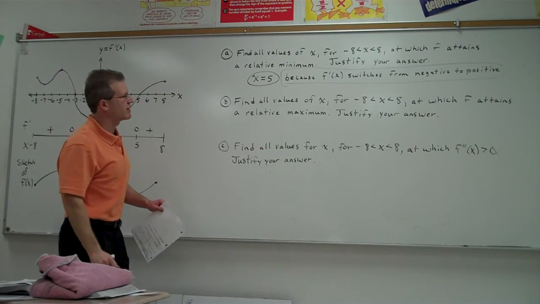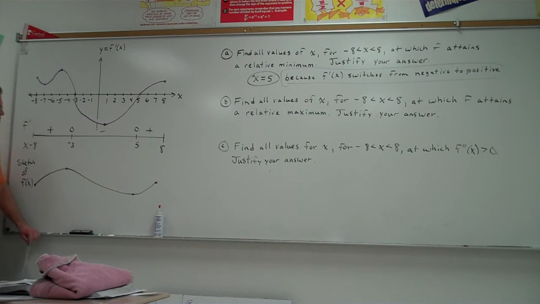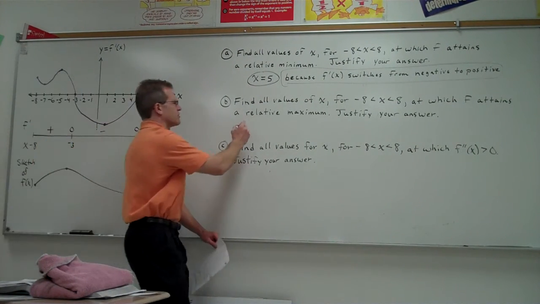Part B. Find all values of x between negative 8 and 8 at which f attains a relative maximum. What would be the answer for that question? Negative 3. Yep, right here's a relative maximum. X equals negative 3